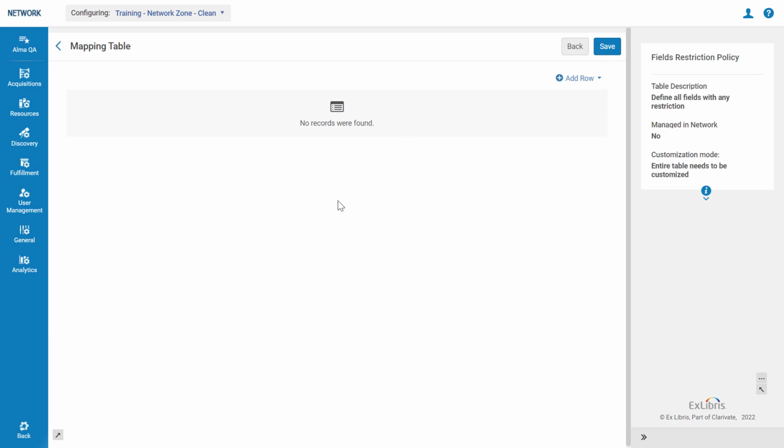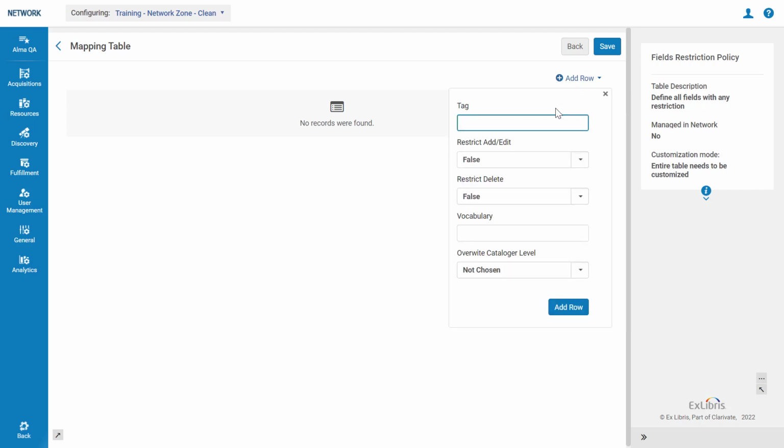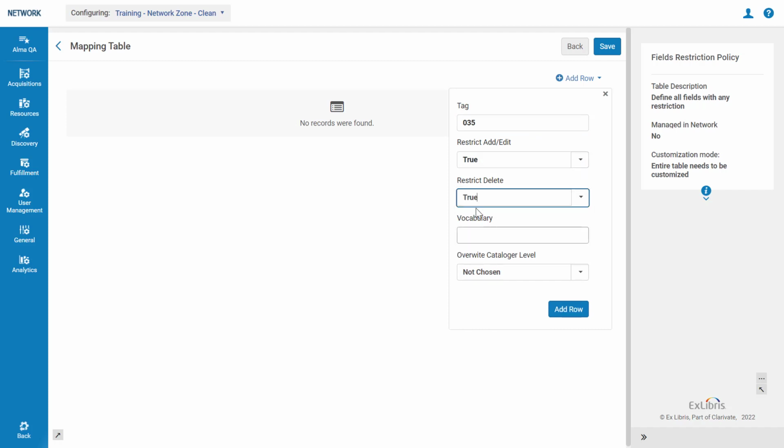Suppose we don't want the network members to edit the 035 fields of the network zone records. To add such a restriction, click Add Row. Under Tag, enter the field number, 035 in our case. You can restrict adding and editing the field by selecting True here, and you can restrict deleting the field by selecting True here. You can optionally select an overwrite cataloger level,